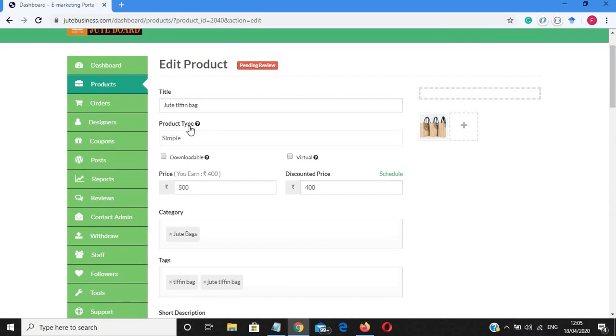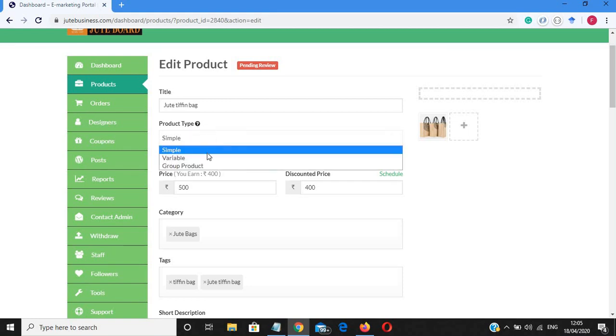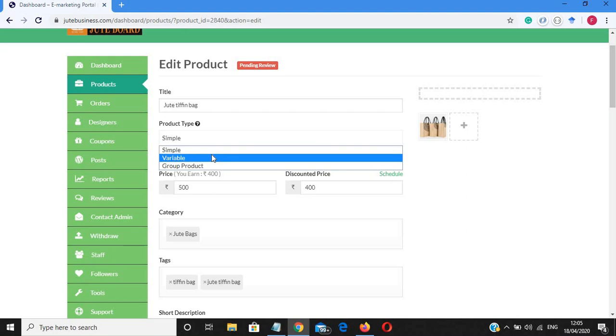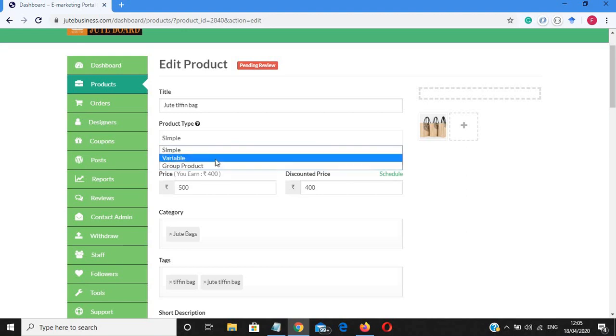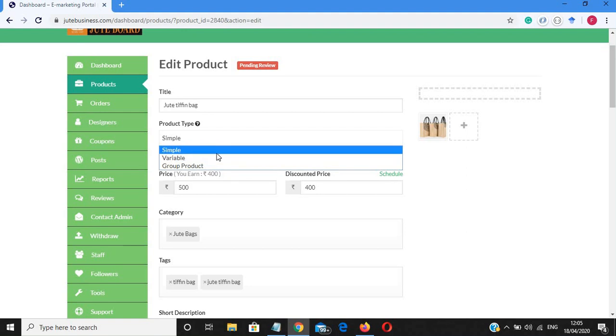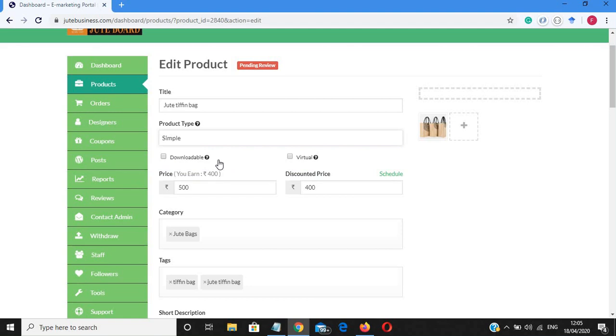In this section, we have to keep the option as simple. We will discuss other product types, variable products and group products, in another video. So at this time we need to keep the product type as simple. After that, keep the downloadable option unchecked, and similarly keep virtual unchecked.